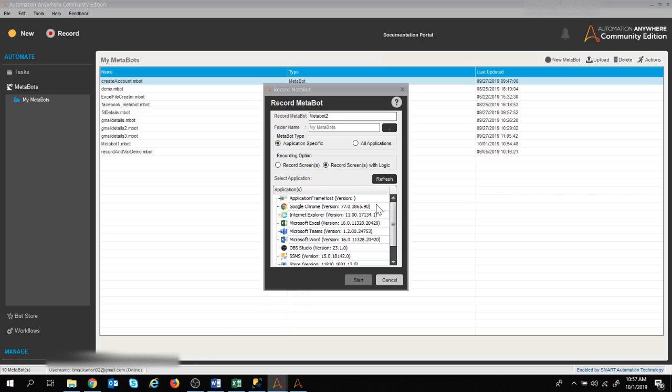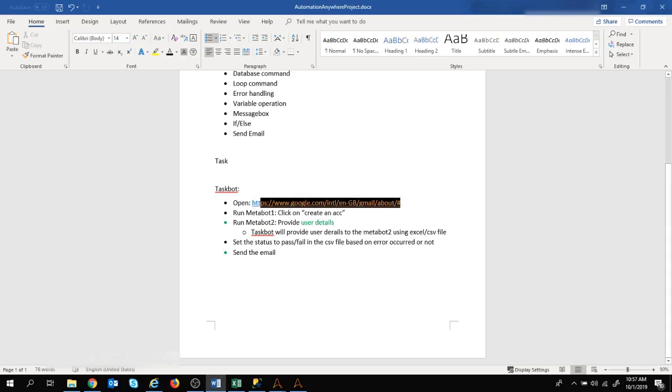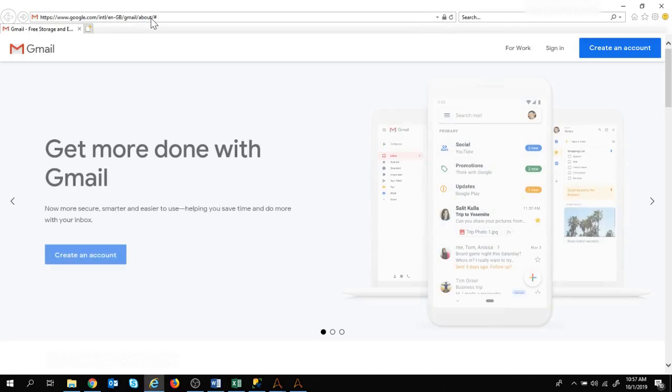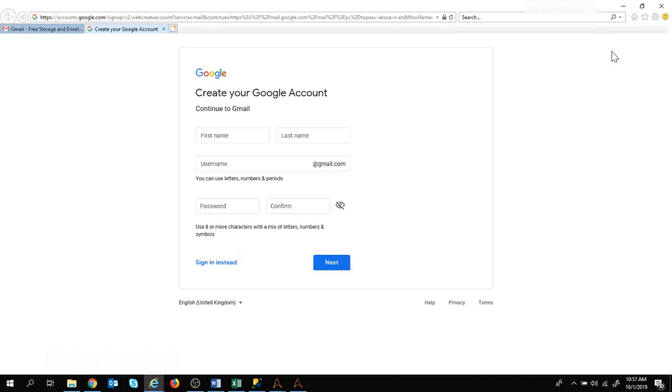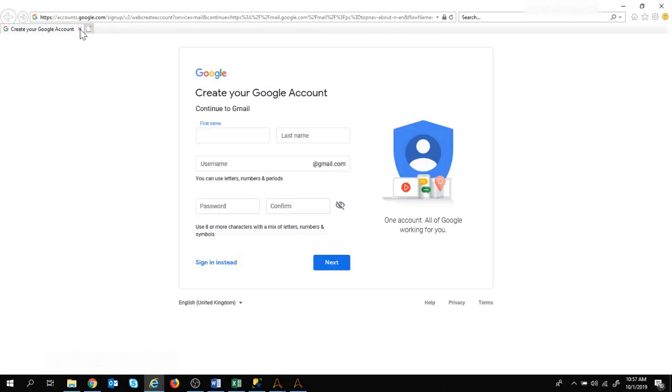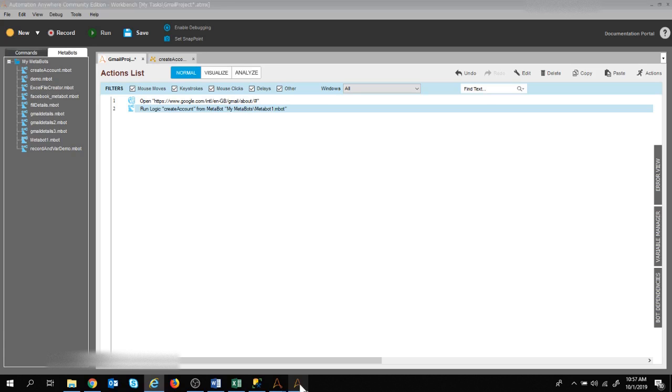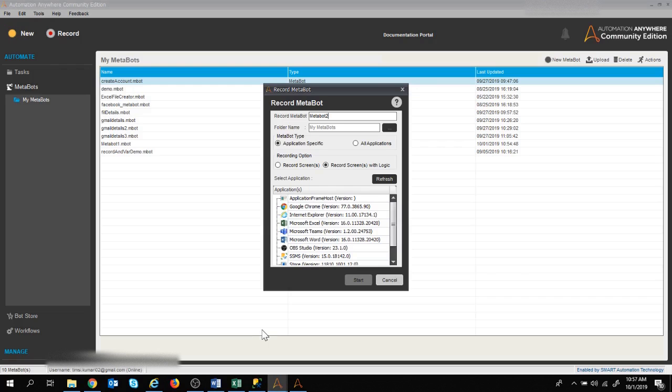And here let's close this. As of now we need to focus on, okay, all got closed. Let me open this one. Let's click on create an account, and we need to fill all these details, and for this we are going to create a Metabot 2 which will provide all these details. So let's move to Metabots, and we are going to select this Internet Explorer. Let's click on Start,